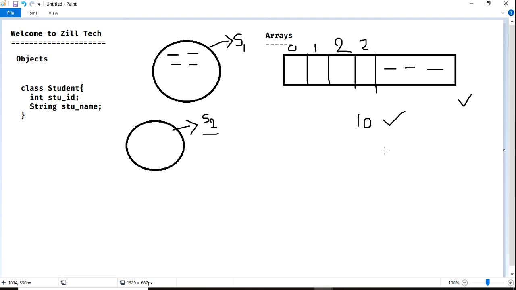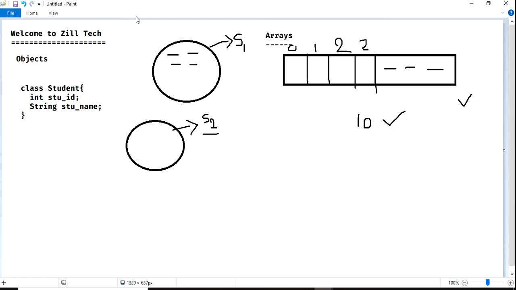If it is a primitive data type, okay, but there are object types. I want to sort based on the student ID, or based on the student name. That is not done with an array. It is very risky.